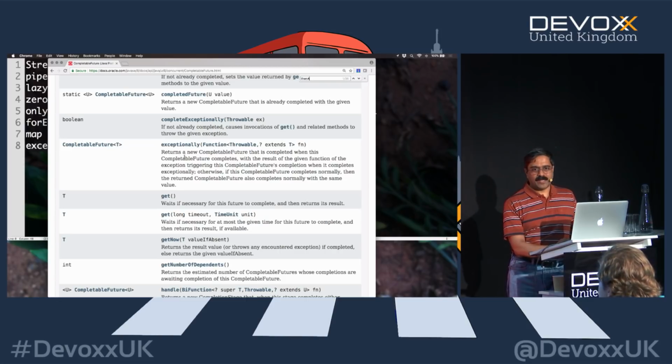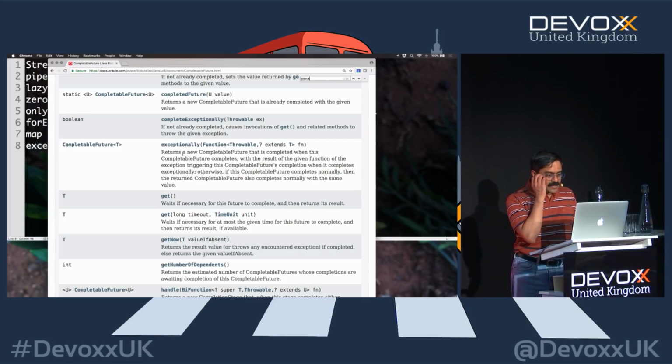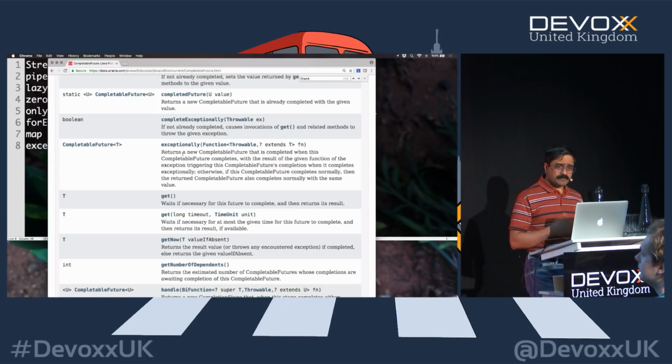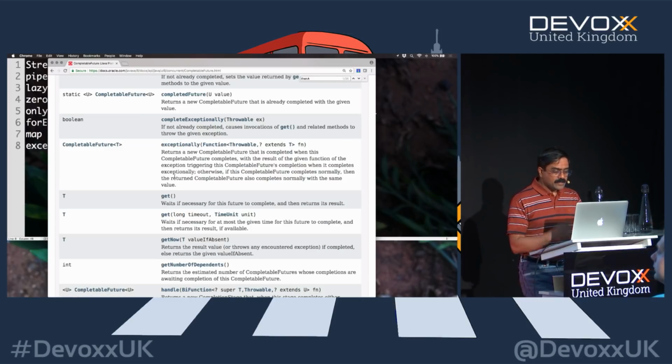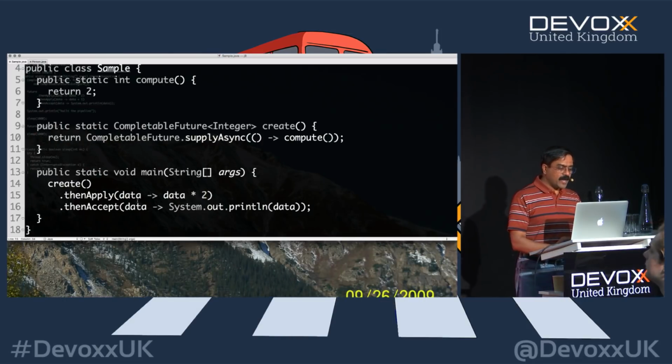Exceptionally simply is a catch. That's what you're really doing. So this says, if something were to go wrong, I will get to the exceptionally method, and I will deal with that at that particular point. So that is basically what the exceptionally method is interested in doing, to handle the error. But the way this works is something we need to be careful about.